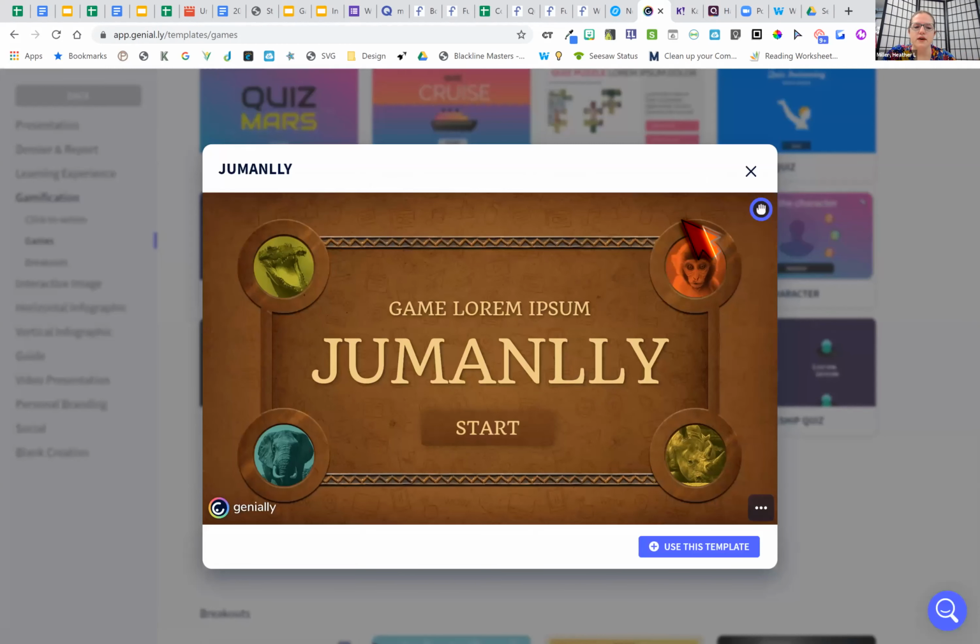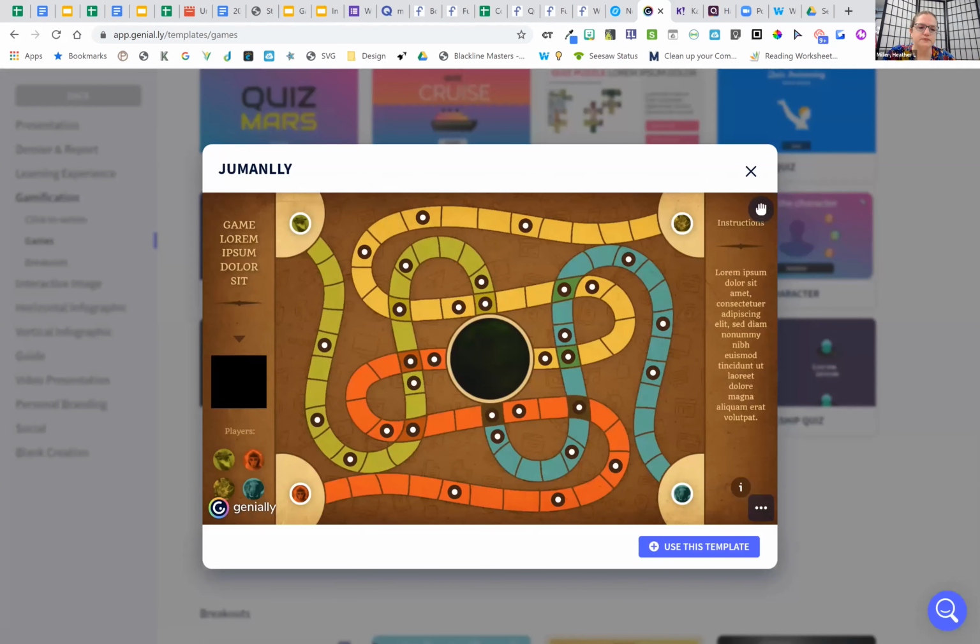You roll the dice here, and then you move your little player over and you get to all the different places on there. Whatever template you want to use, it saves it to your library.